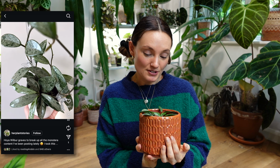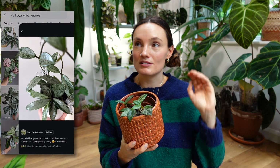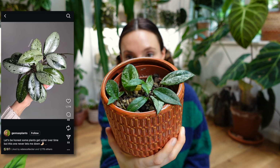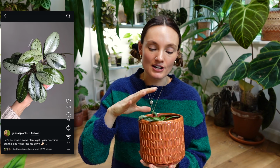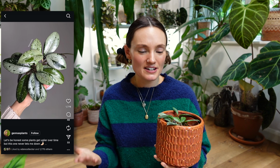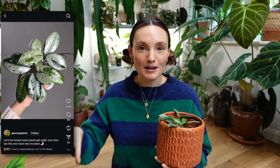So yeah, I recently chopped the whole thing up for God knows the 10th time I've done since having it, and I water propagated it all. I've potted it in semi-hydro, and again, I am starting again with the plants. I still think it's lovely, but I think as well, because I succumbed to the trend of the wilbur graves and that, oh my goodness, I must have this plant, because I fell into that trap a while ago,